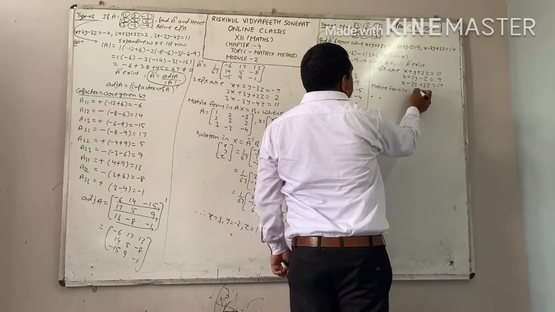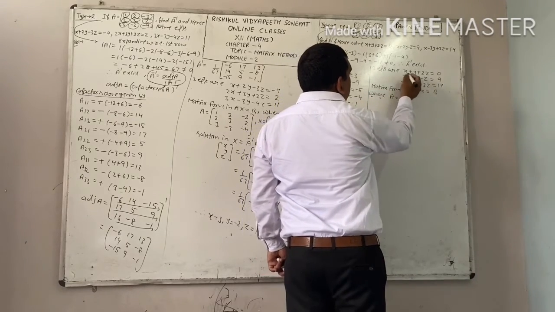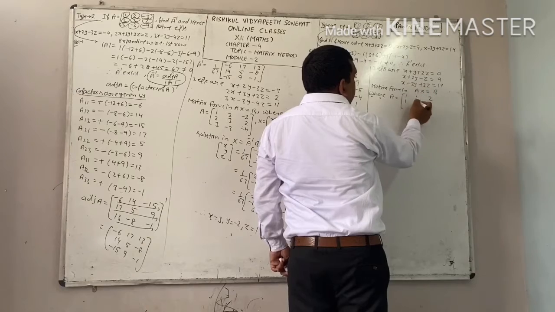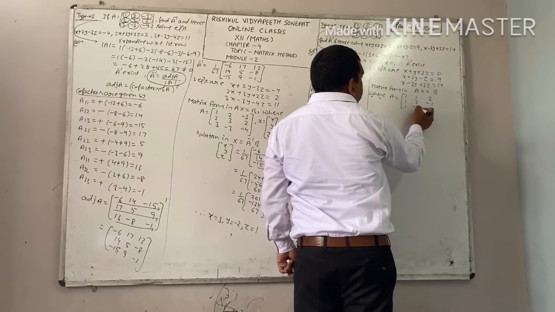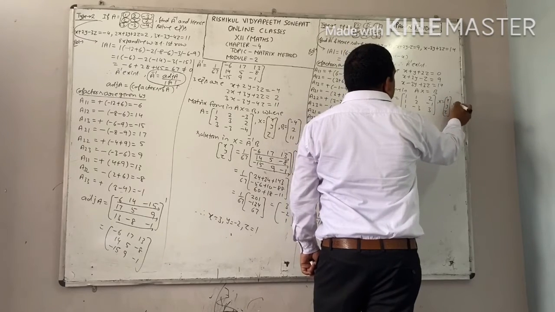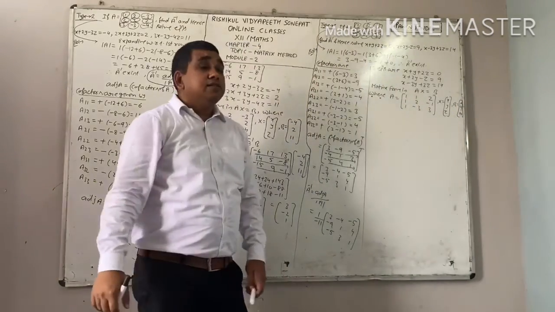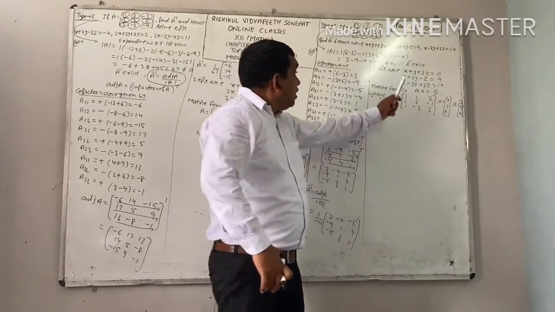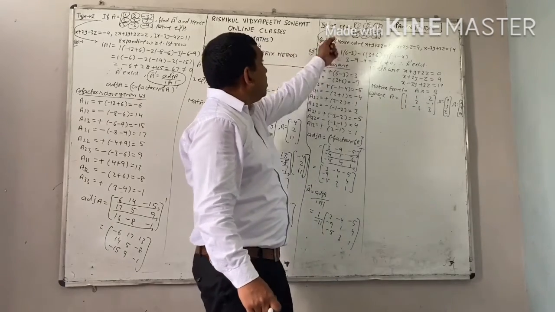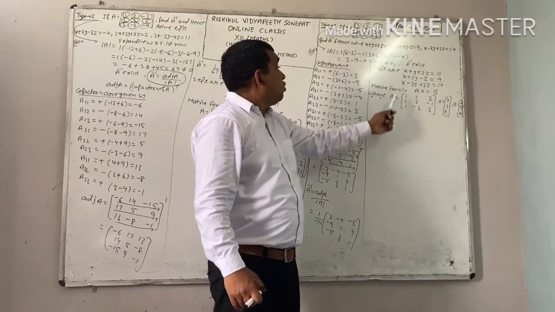The matrix form we know very well. This is AX equals B, where A equals the coefficients of x, y, z: first row 1, 1, 2; second row 1, 2, minus 1; third row 1, minus 3, 3. X is your x, y, z, and B is your 0, 9 and 14. Right? Now, one problem is there. This value of A, which we obtained from these three equations, is not equal to the value of A given in the question. Means these two values are not the same.